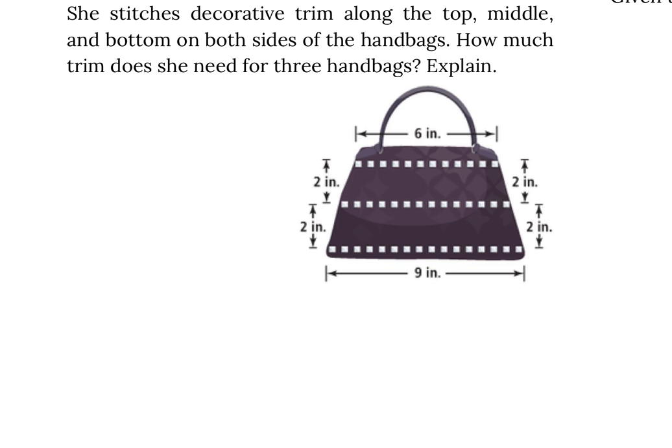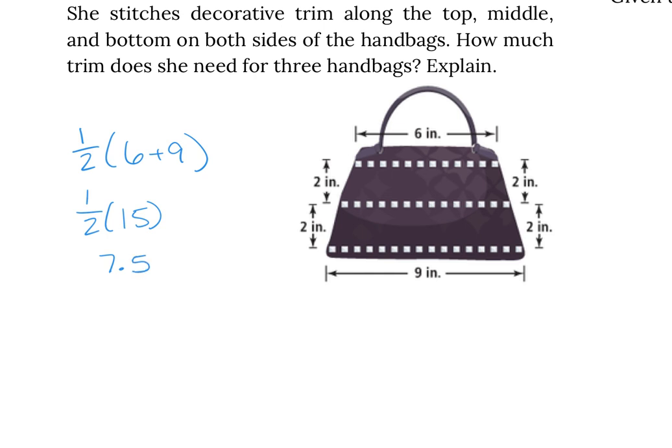We know our mid-segment is half of the bases added together, so I'm going to take half of 6 plus 9. I add my 6 and my 9 together to get 15. So half of 15, I would get